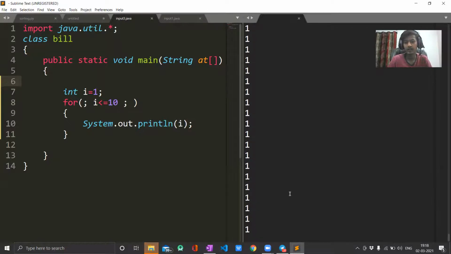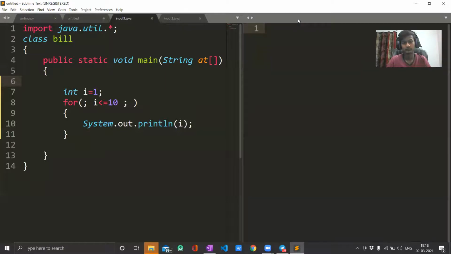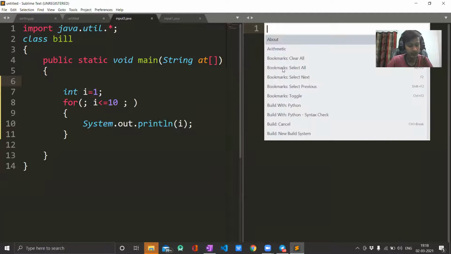It keeps on printing and printing until my computer memory is full. Let's close it for now. So this was an example of an infinite loop in a for loop. Whenever we miss the updation condition, our loops keep on repeating because the value of i is not updated.